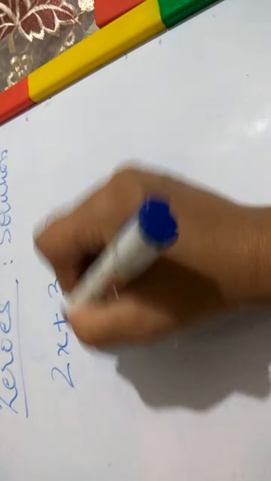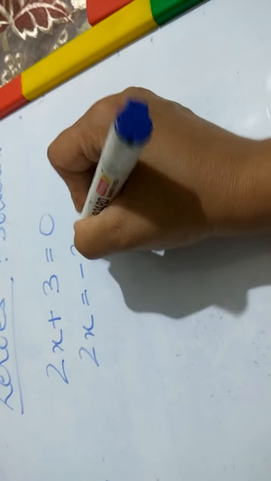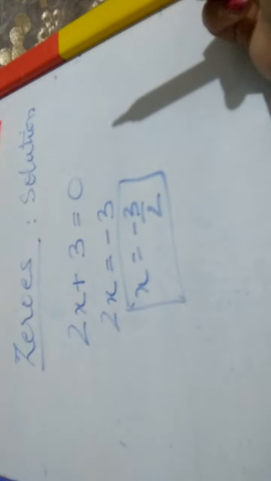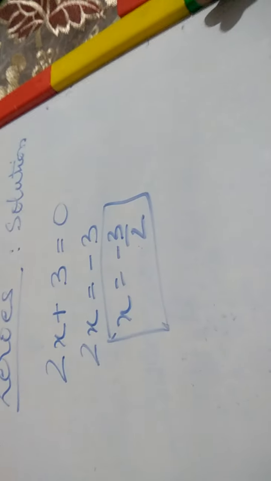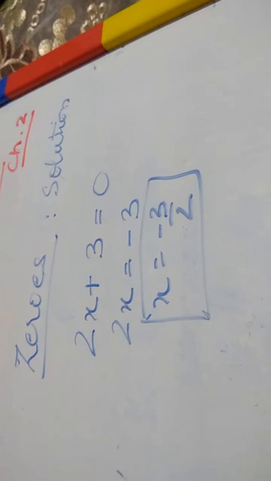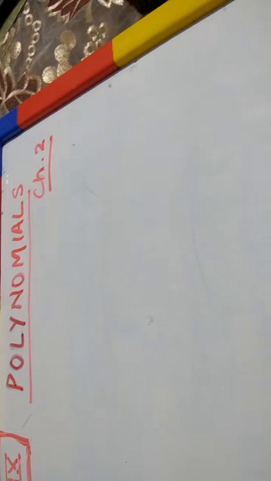If I solve this, then I will get 2x equal to minus 3 and x equal to minus 3 by 2. So this value of x, which when put in the polynomial makes it equal to the RHS, is the value of the variable satisfying this equation. So this is called the zero of this equation. So zeros mean the solutions, or the values of the variable which satisfy the given polynomial condition. A zero of the polynomial is also called the root. So a root is that value of the variable which makes a polynomial 0.